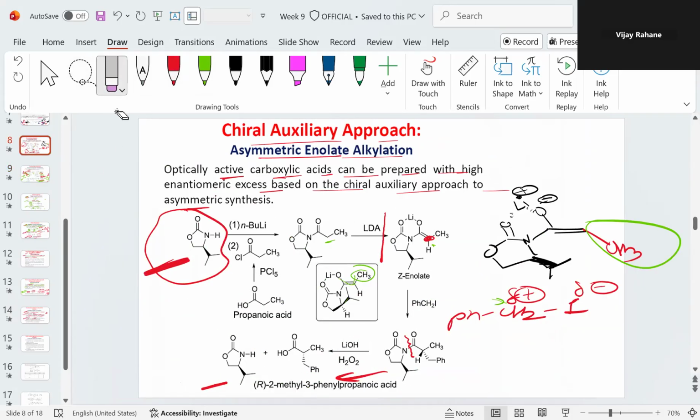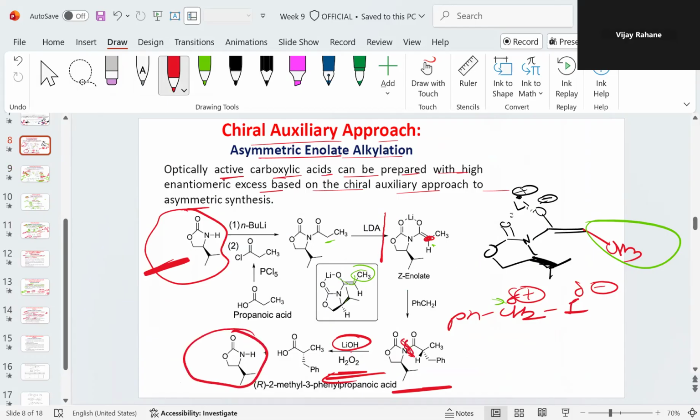So this is the example that we have seen earlier on the asymmetric synthesis. Up to here, the asymmetric synthesis has been done. Now it's time to remove the chiral auxiliary. So we have removed the chiral auxiliary, and we have used lithium hydroxide and H2O2. So what happened? This auxiliary part has been eliminated or removed from